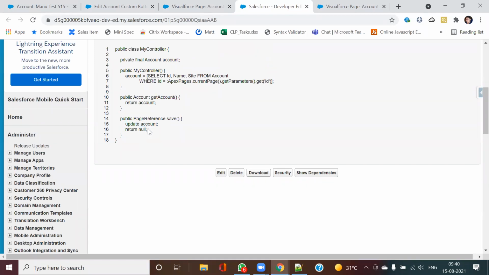In case I want to move to another page, you have this syntax for page reference also. I mean, page reference equal to page name. I think that is the syntax. And apart from that, there are some other syntaxes also where you can move to other places. Currently we are staying on that page only. That's it.